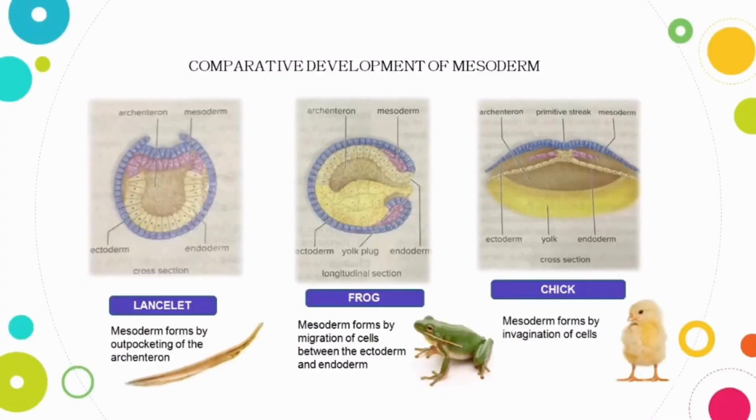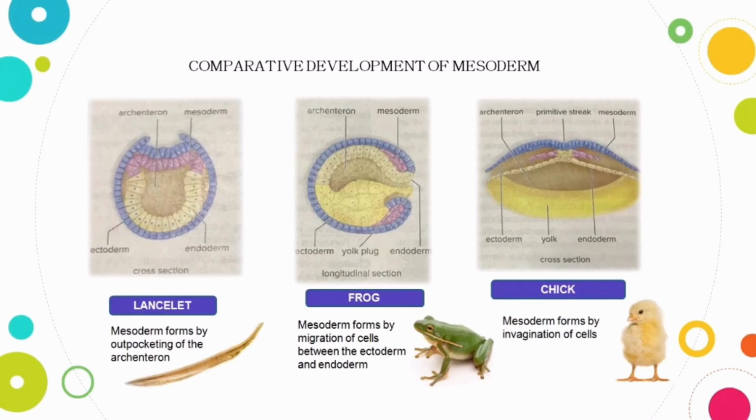Let's proceed to the next part. I will explain the development of mesoderm. In some animals, how the mesoderm develops is different. Now, I will compare the development of mesoderm between 3 animals, which are the lancelet, frog, and chick. In lancelet, mesoderm forms by outpocketing of the archenteron. In frog, mesoderm forms by migration of cells between the ectoderm and endoderm, while in chick, mesoderm forms by invasion